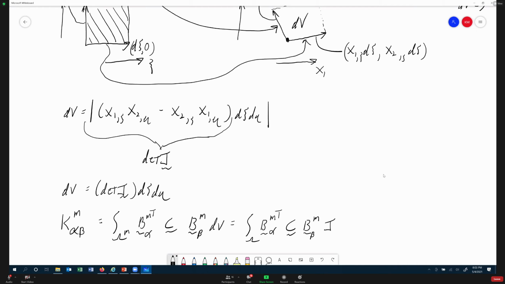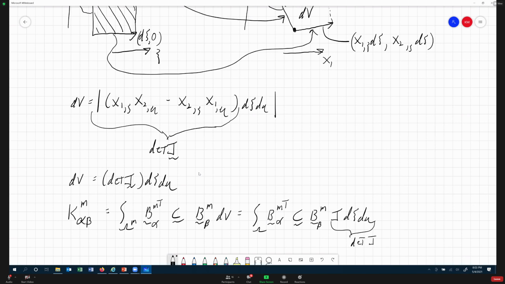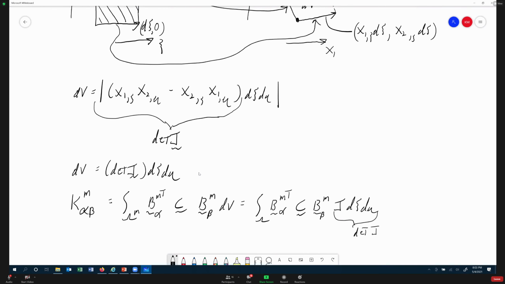Let's throw in some Jacobian dξ dν, and we now know that this last term is actually the determinant of Jacobian. Yeah, dV equals